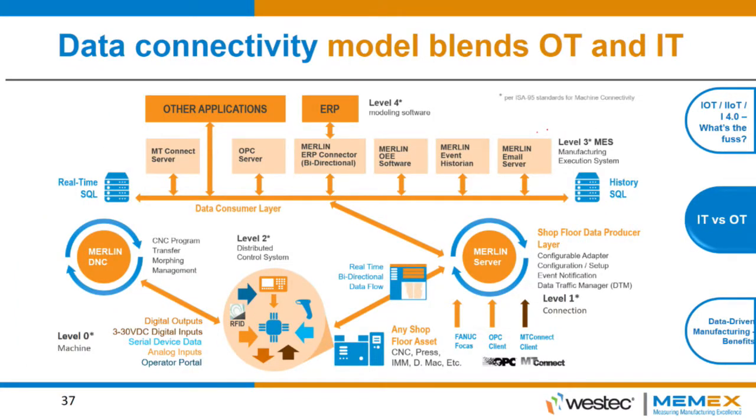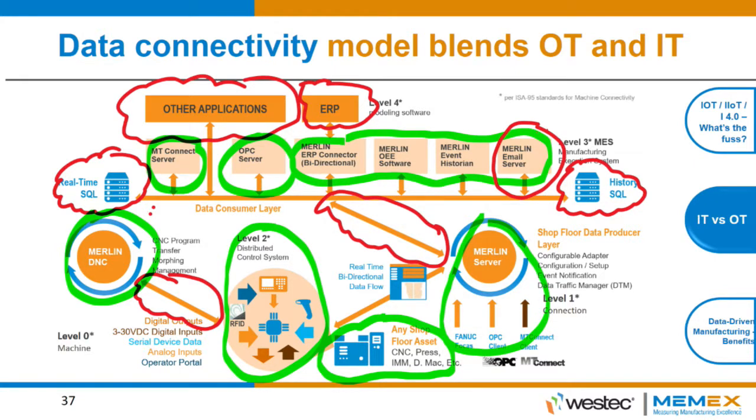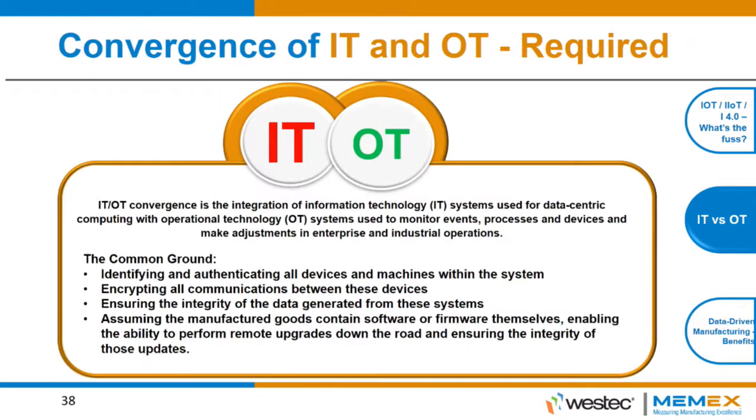So when we look at what IT cares about, well, they care about the ERP system. They care about the networks. They care about obviously email and all the databases. That's what concerns them. But here's what OT cares about. They care about the ability to take data from the factory floor. They care about the ability to transfer programs. If you're a CNC shop and you need to transfer programs back and forth, that's a vital piece of software for OT. And then they care about all the applications that sit at that layer there.